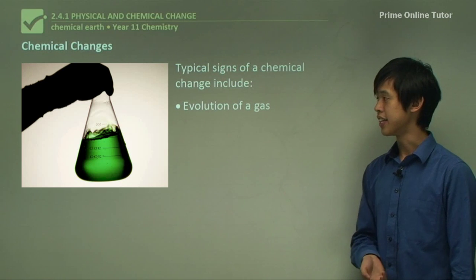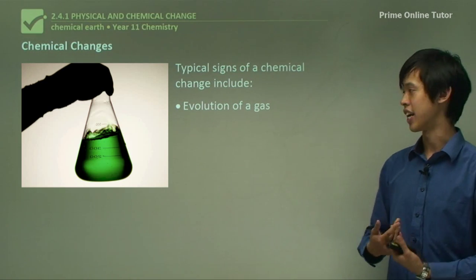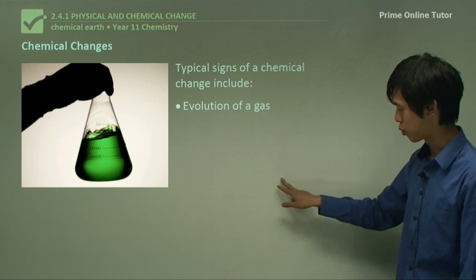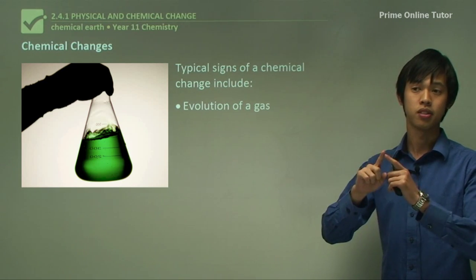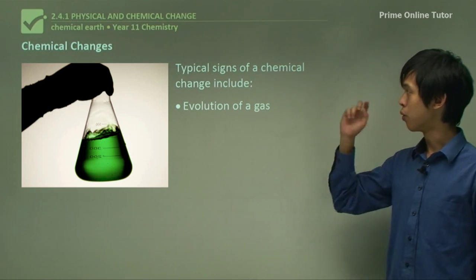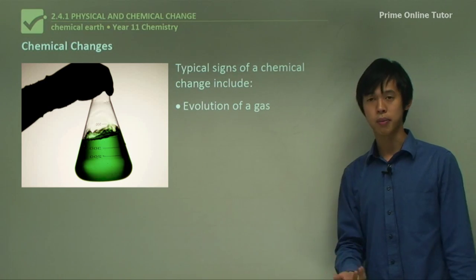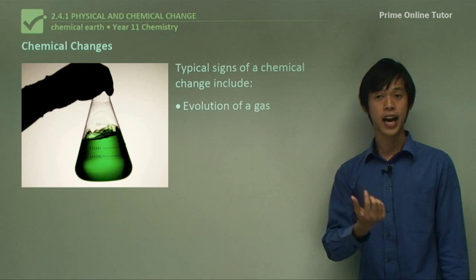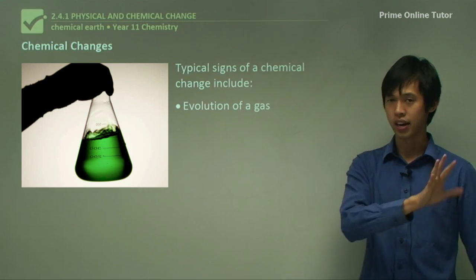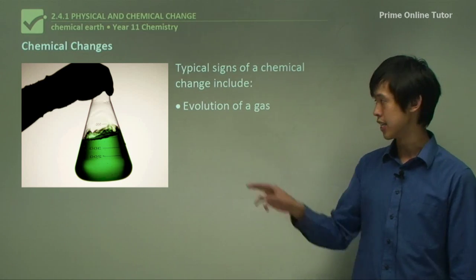Now, typical signs. When we see a chemical change, remembering that it's now affecting the bonds inside the molecules rather than the bonds between the molecules, what we'll see is the evolution of a gas. So a new gas will be formed, and we'll talk about how we define what a new gas is